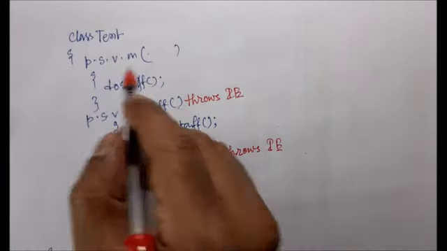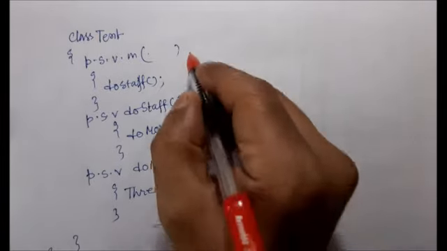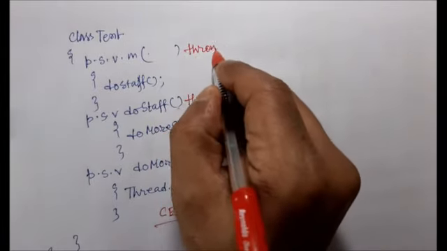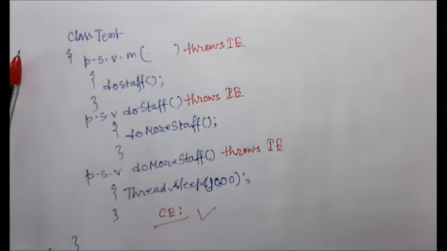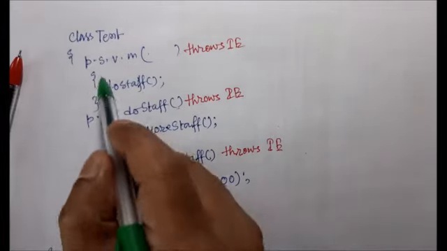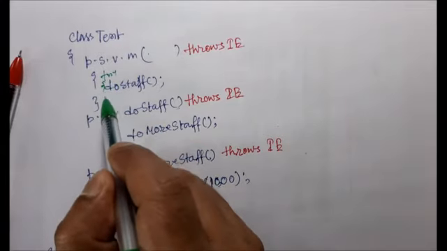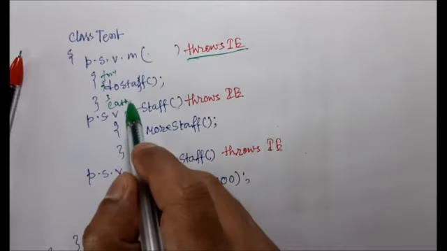So here the main method is also not handling the code. So it thinks that I am not going to handle this code, my JVM is calling this main method, so the JVM will handle this code. So it also uses the throws keyword. Then we will not get the compilation error. Otherwise we can use try catch anywhere. For example, we can write try here, then catch here, so we don't have to write the throws keyword, right?